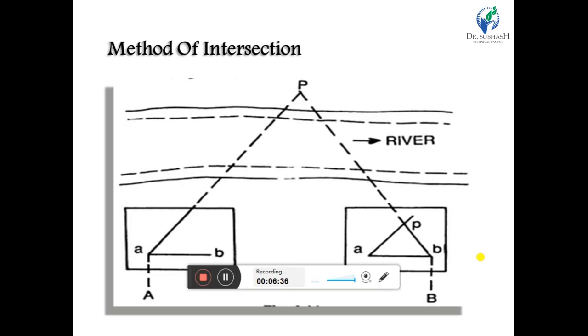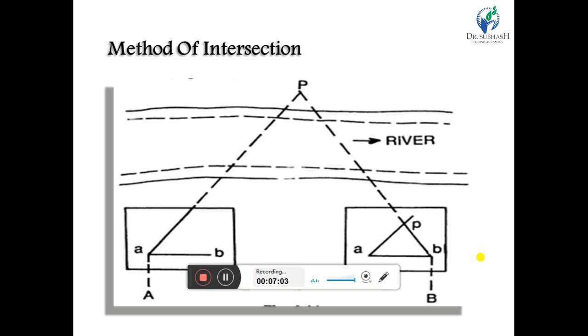After that, we have to place our plane table at point B. For placing the plane table at point B, we have used the back sighting method for orientation. For that purpose, we have to mark the line AB with respect to point B by using the same procedure that we have carried out to mark P.